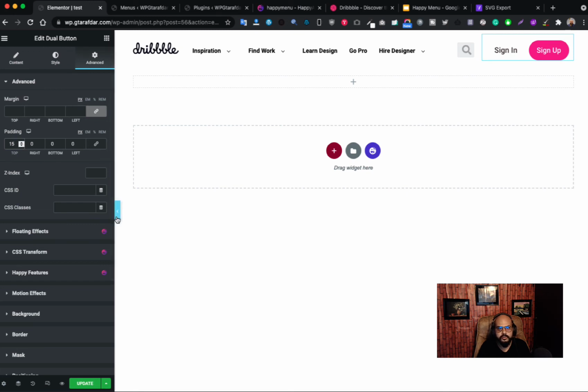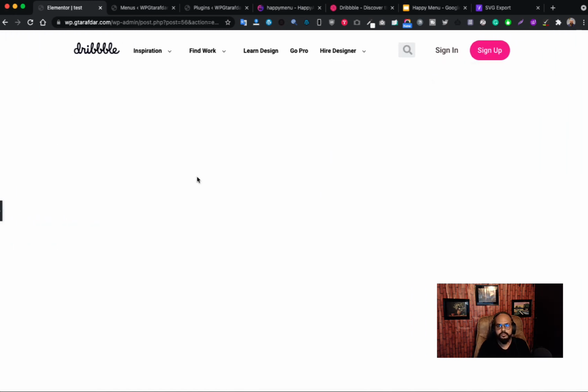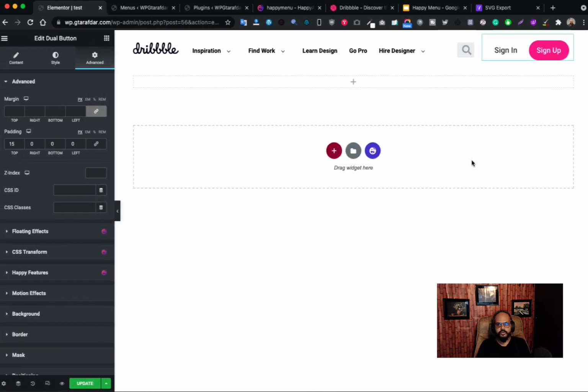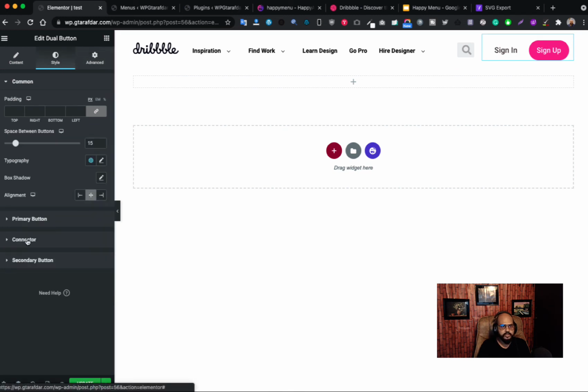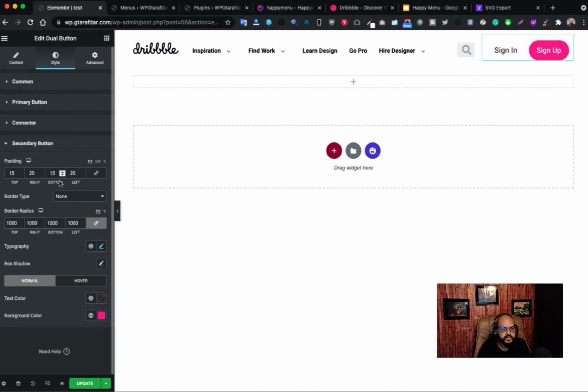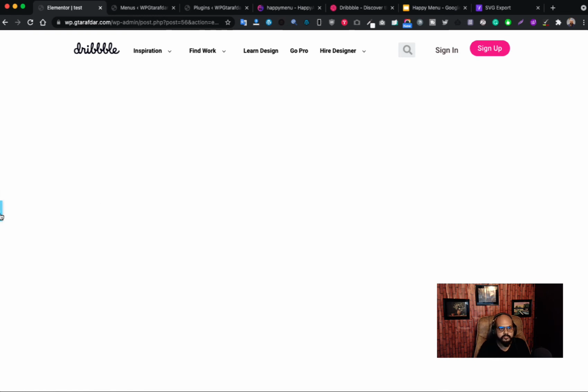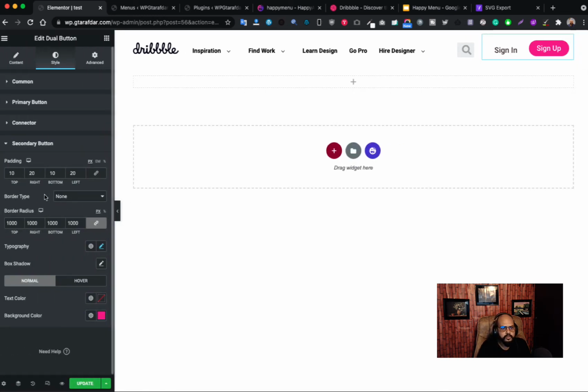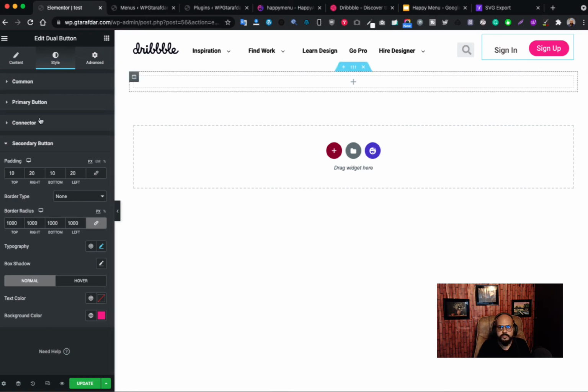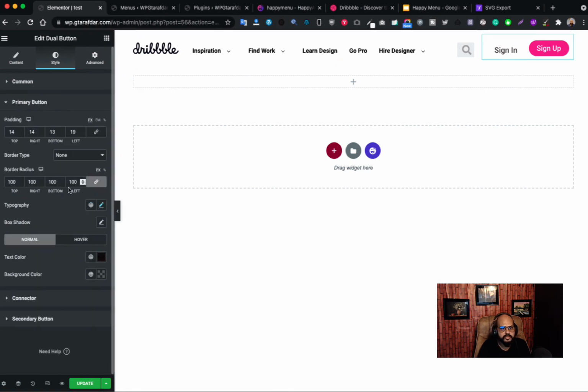Okay, let's check whether all these things are aligned or not. Almost done. You can set your button text or button size from here, so it looks very big. So I don't want to do that. In that case, I just want to set the top and the bottom to 10. Okay, button size, we can reduce the button size. Okay, fine. In the primary button,